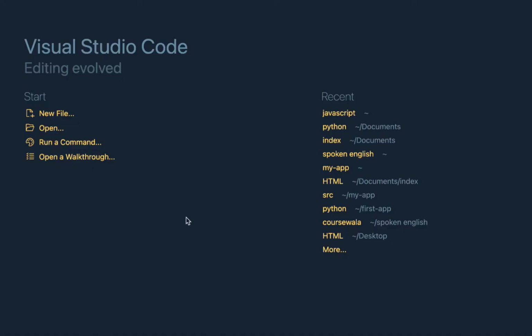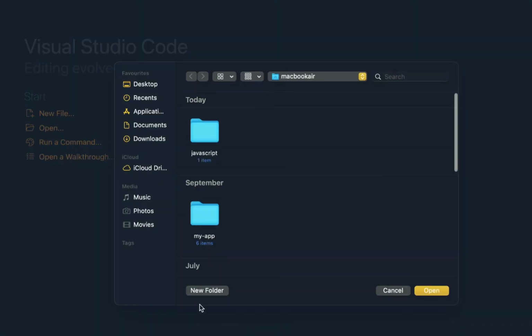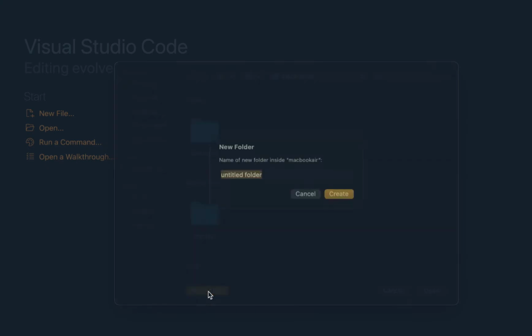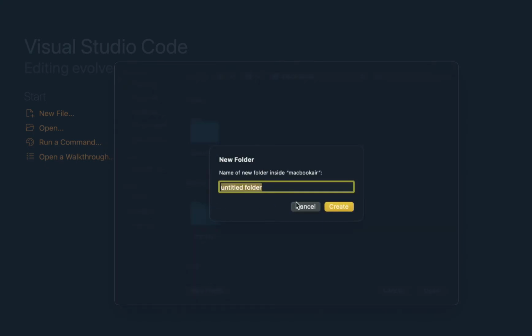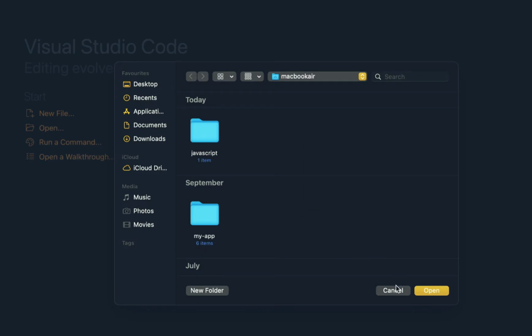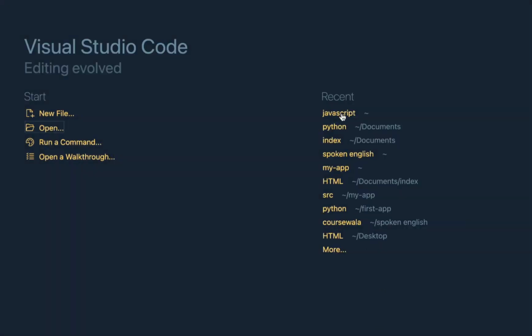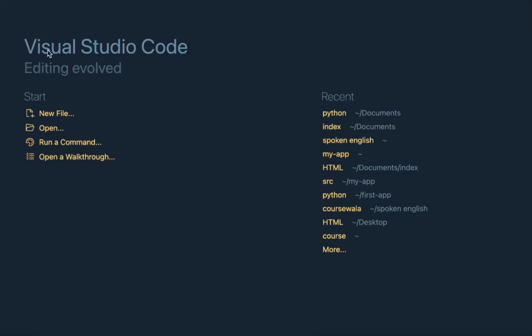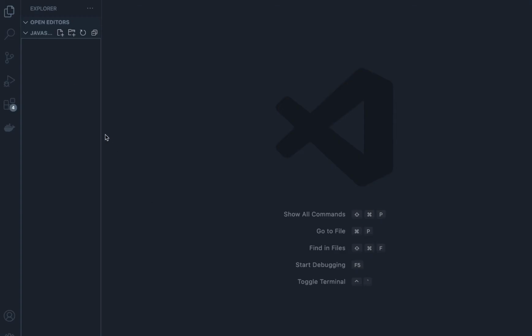Now in VS Code, click on Open, and here you will see an option New Folder. Click on that and create a new folder. In my case, I recently created a folder called JavaScript, so I'm not gonna create a new one. Now create a new file with this icon here. Click on this and write